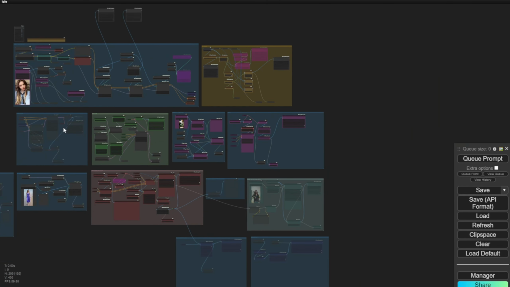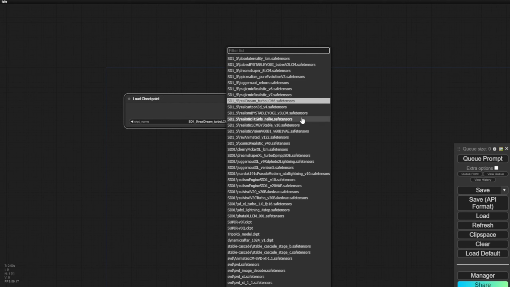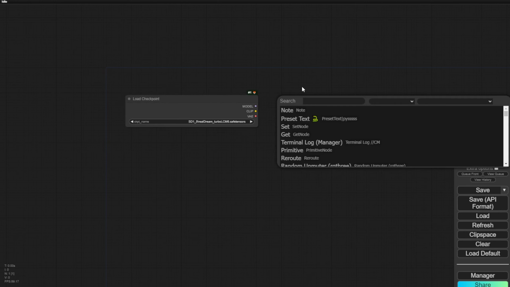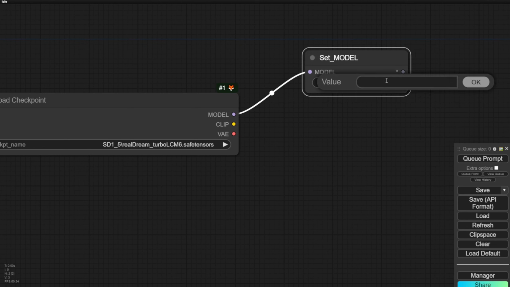First we'll empty our workflow, just have an empty one. I have some existing custom nodes that I can use, and that is of course the load checkpoint. Here I'll use LCM checkpoint models, or you can use other checkpoint models, whatever you want to. But I like to stick with Stable Diffusion 1.5 base checkpoint models. In here, I used a Real Dream Turbo LCM6 and will first have a set node for that. So let's say that is the Stable Diffusion model. I like to call that the model's base data.